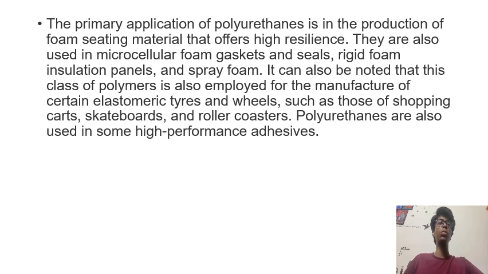They are also used in microcellular foam gaskets and seals, rigid foam insulation panels and spray foam. It can also be noted that this class of polymers is also employed for the manufacture of certain